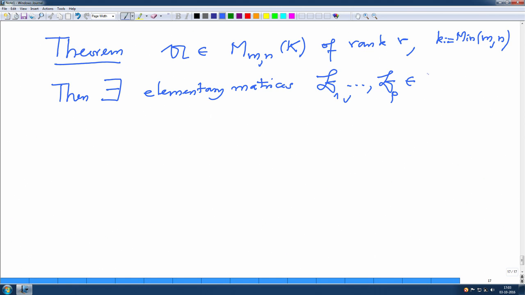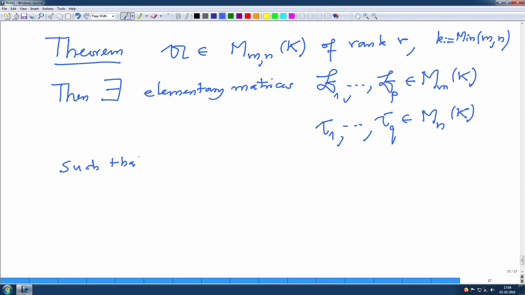Elementary matrices are always square matrices, so they are in M m m K. And also C1 to Cq, they are in M n n K, such that if I pre-multiply A by these B's, so B1 to Bp times A, and from this side I multiply by the C's, C1 to Cq, this product is a diagonal matrix,